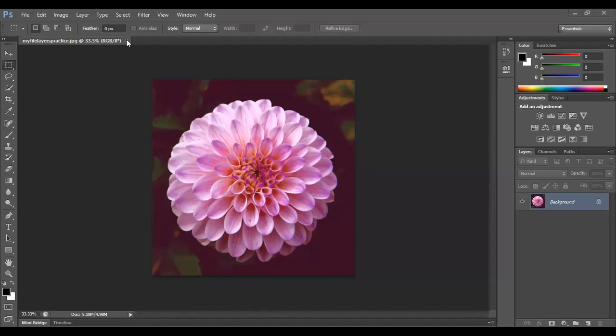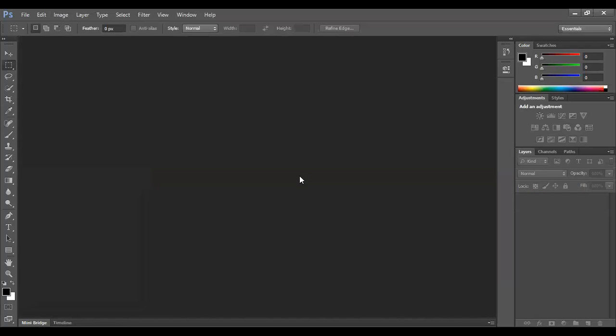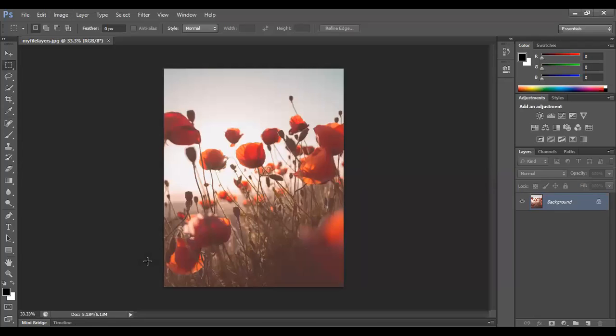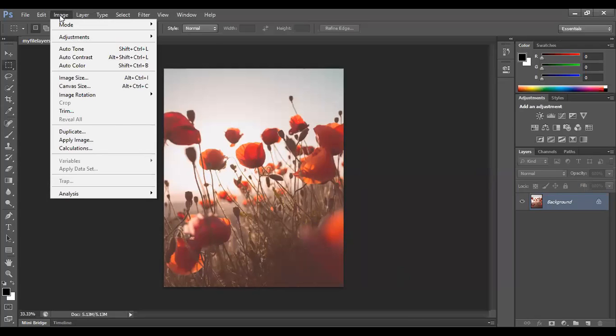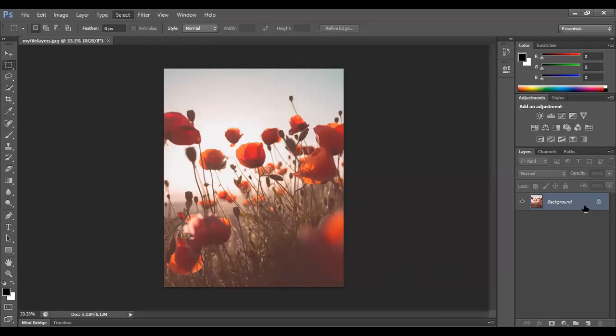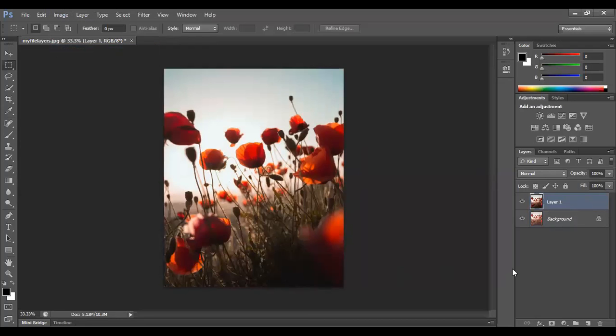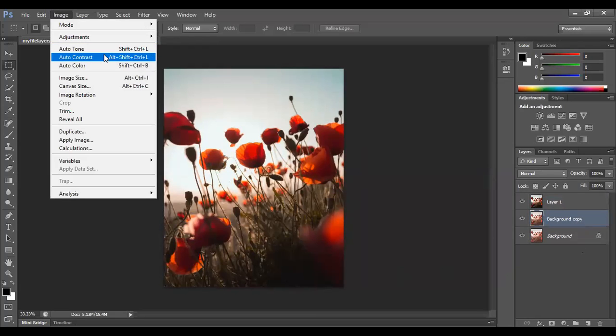Suppose, for example, where is my original file? Okay, here is my original file. I just opened the second image. This file was already open. You might have a few layers up here, which had auto tone, auto color, auto enhance. Now I'll quickly duplicate the layer, Control J, go to image and add auto tone. Similarly, I'll go back, duplicate the layer, Control J, go to image, add auto contrast.